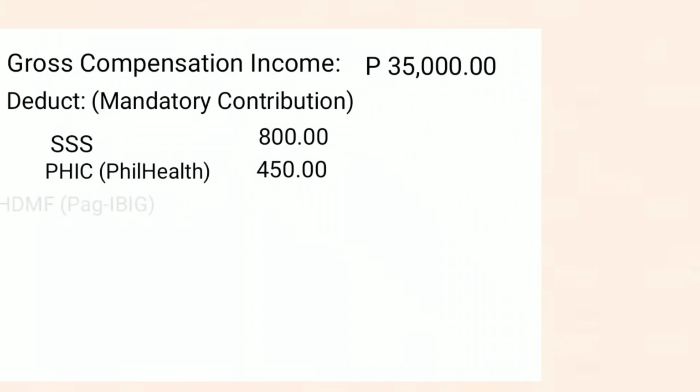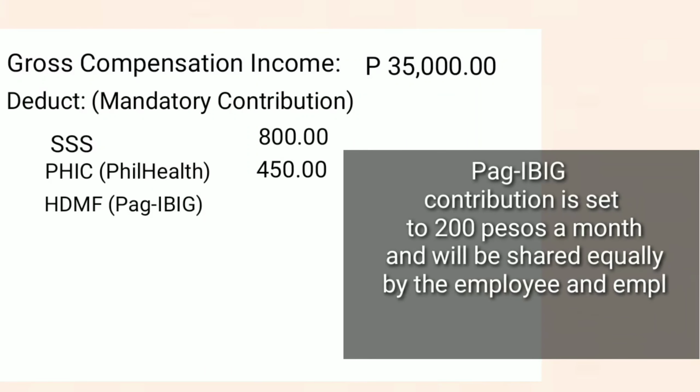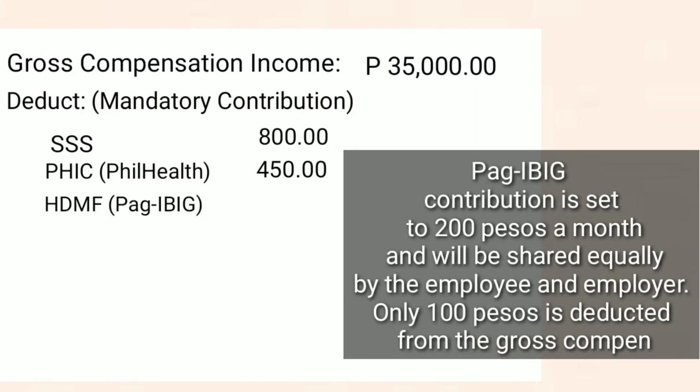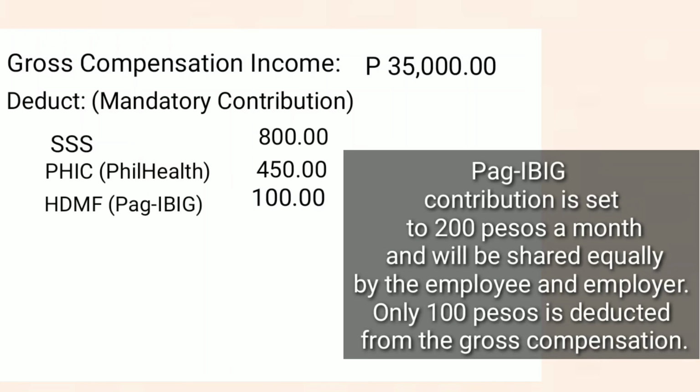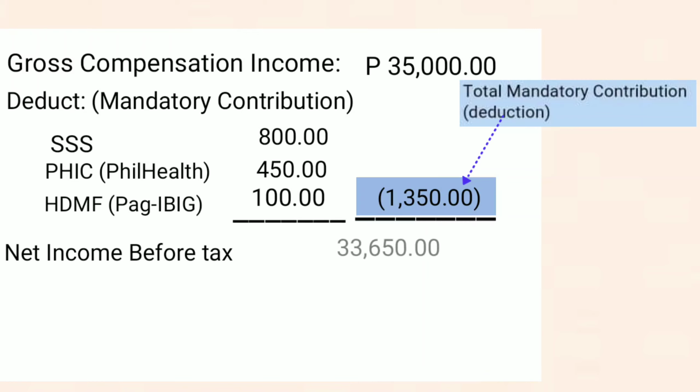Just like employee X, Pag-ibig contribution is set to 200 pesos a month and will be shared equally by the employee and employer. Only 100 pesos is deducted from the gross compensation. Total mandatory contributions amount to 1,350 pesos. After applying the deductions, the net income before tax is